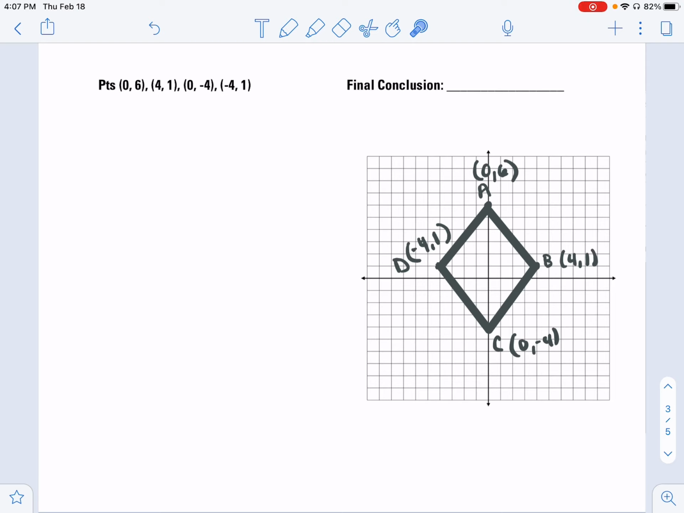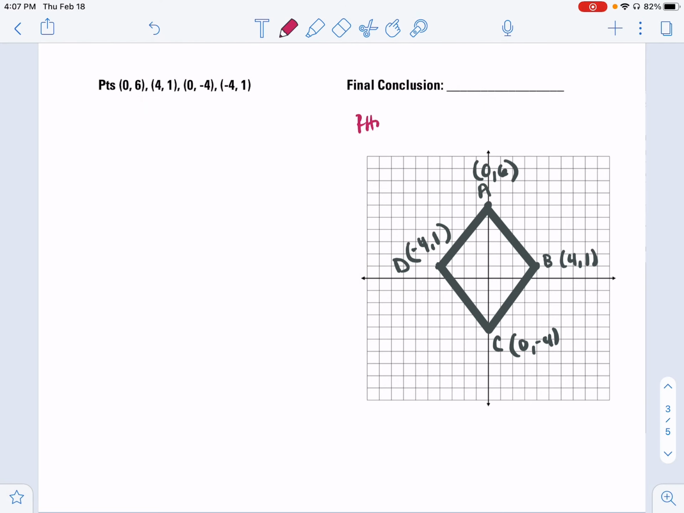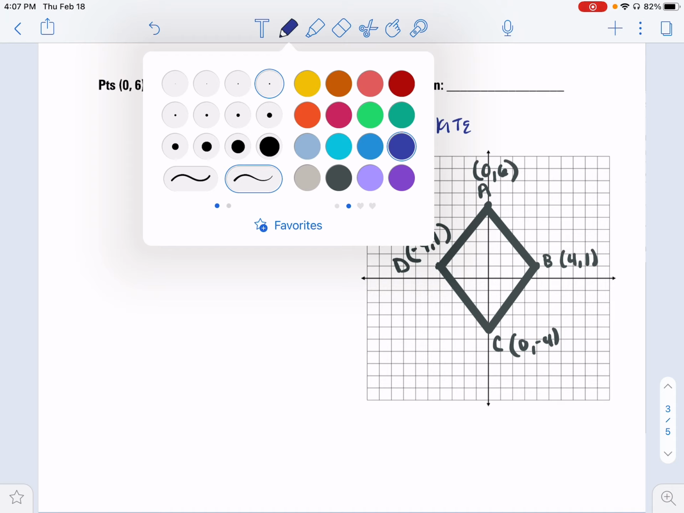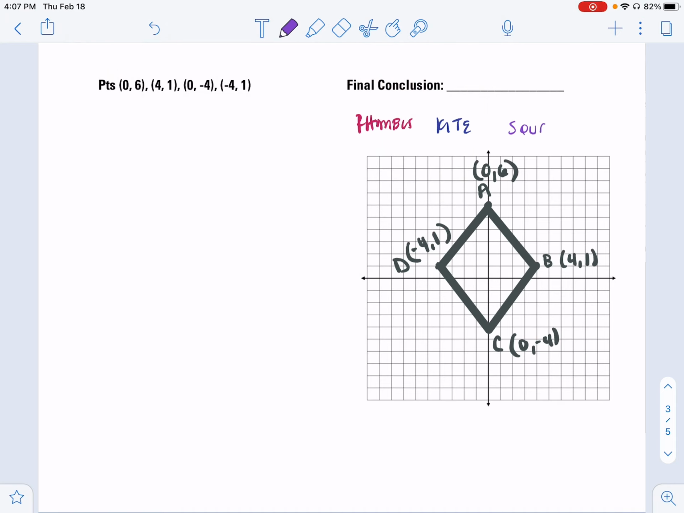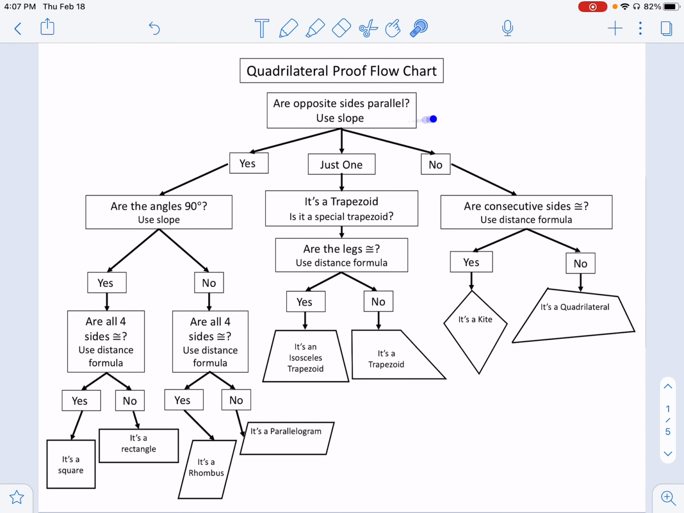So looking at this immediately, my first gut instinct, honestly, could be three options. This might be a rhombus. This might be a kite. It might be a square. Those are my three guesses. And honestly, it might also just be a normal parallelogram. I'm not completely positive. So looking at our flowchart, the first thing we said we always want to do is